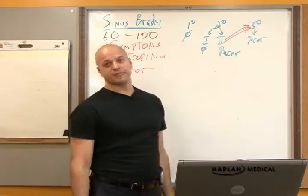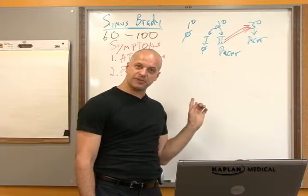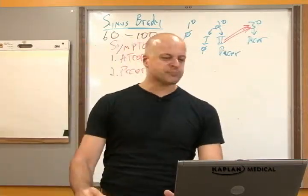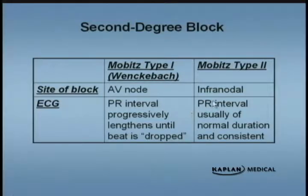Mobitz 1 goes nowhere. Symptomatic, atropine. Symptomatic, atropine and pacemaker. Asymptomatic, do nothing. First degree AV block, prolonged PR, do nothing. Second degree AV block, the Mobitz 1 is a Wenckebach. Mobitz 1, the PR gets longer and longer and longer and drops. Although I wouldn't like my PR to get longer and longer and drop, PR progressively prolonging with the Wenckebach